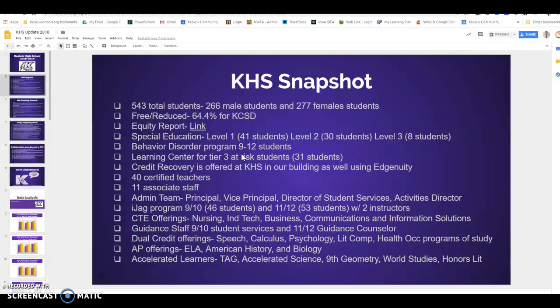We're very proud to have an IJAG program that services grades 9, 10, 11, and 12. As you can see there, we've got about 100 students in the program with 2 instructors. They do a phenomenal job. It's a targeted class. Not targeted, all kids can take it, but it is targeted to our alternative at-risk students that come to us, getting them to understand the importance of high school and their job outside of when they